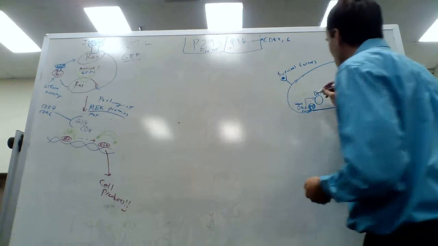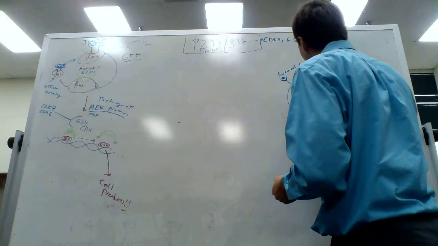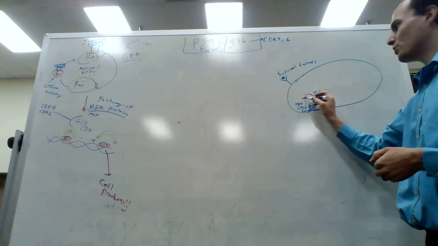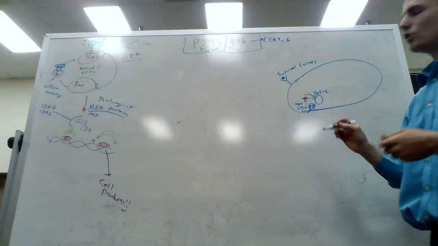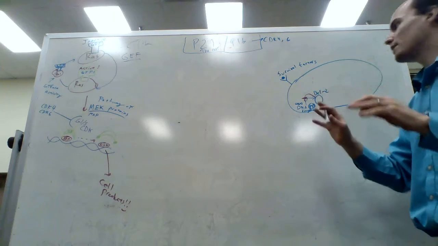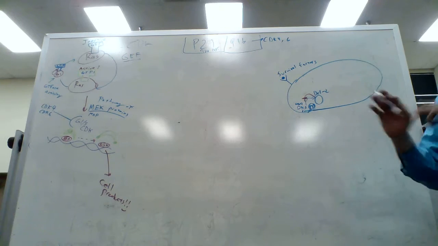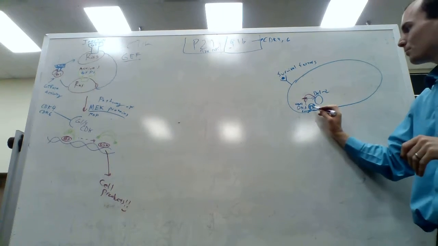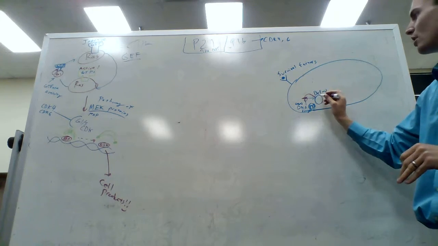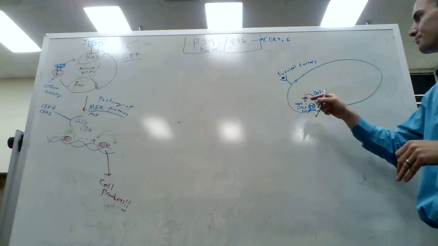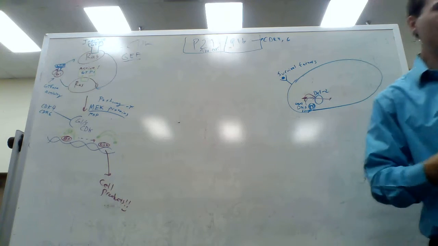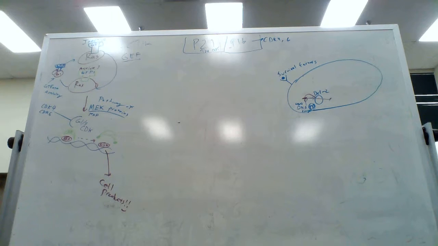And BCL2 is normally inhibiting this pathway. There's a bunch of proteins that you don't need to know the names of right here. Just call them apoptosis proteins. So apoptosis proteins are ready to do stuff, but BCL2 doesn't let that happen. P53 says, okay, BCL2, go ahead and stop working, and we're just going to let these apoptosis proteins go through. And after that, you will have